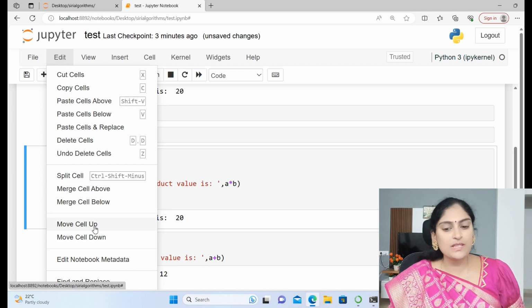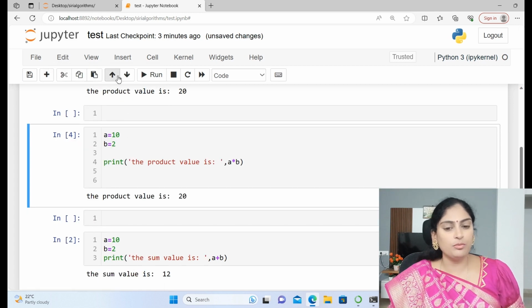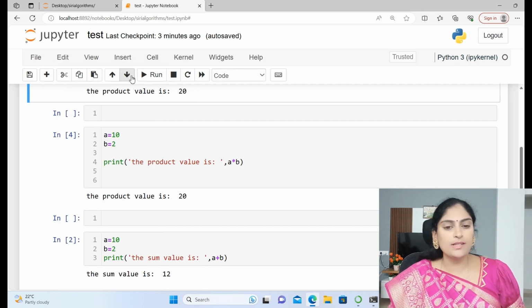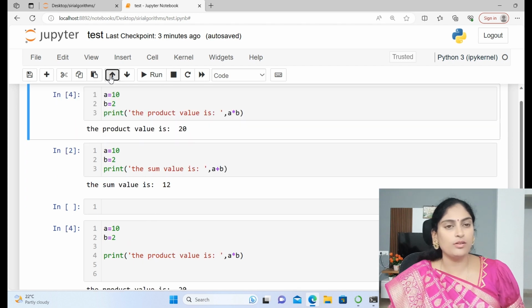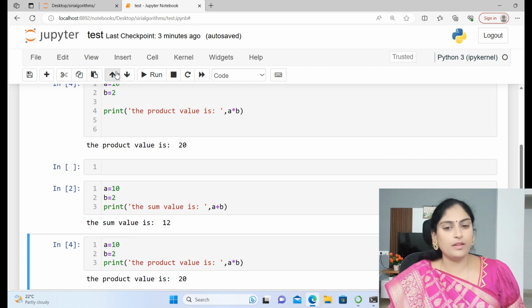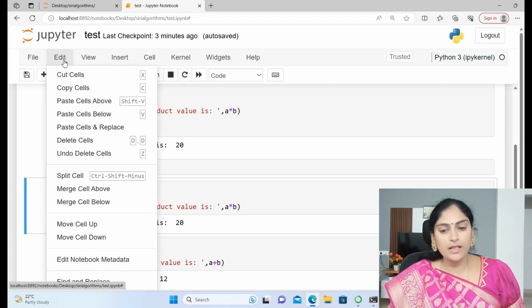Next, move cells up. If you want to move upward or downward, directly go to Edit. You can do it from here, or you can simply use the arrows. Just press the arrow, you can move upward, or downward. Okay. Next,